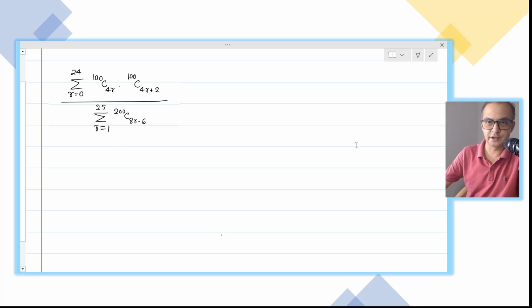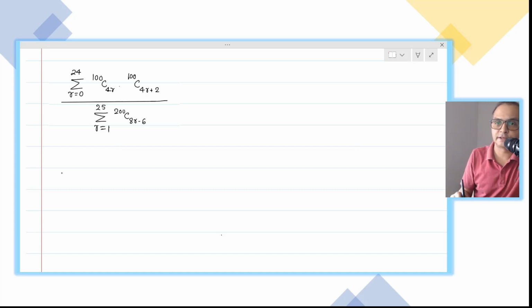So this is the question here, and we have to find out this value. So we can see what is the numerator and denominator, and we will deal with them separately. So the numerator we can write in the expanded form, because starting from 0 to 24, 100C4r plus 2. So we can write in the expanded form as 100C0